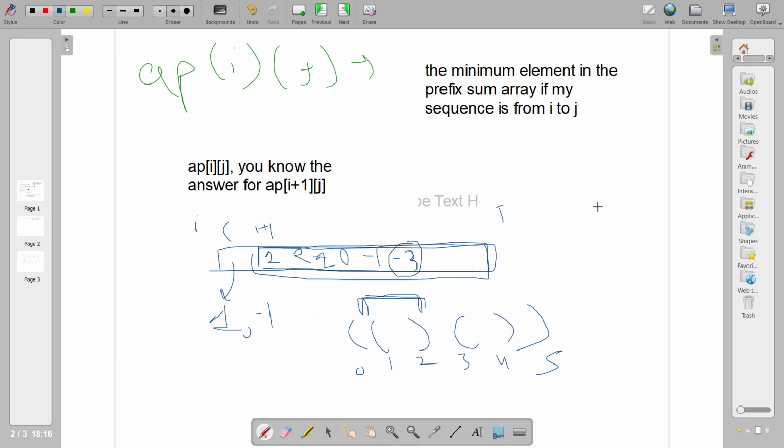If I show the sequence here, 1 and 2, then I make the prefix array, the value would be 0. And you would have to construct this AP somehow with the way that I showed here. Now what do we do?